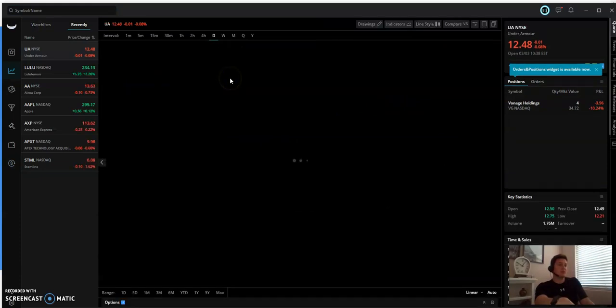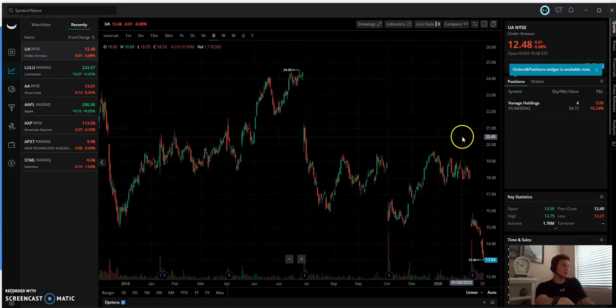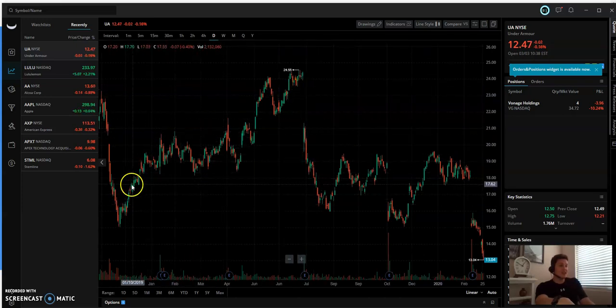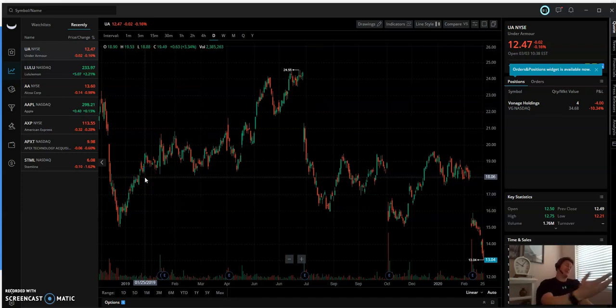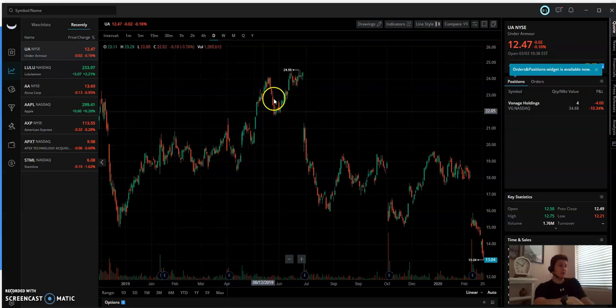Okay, so Under Armour, kind of really crapping the bed at the moment, and they have been for a while, as you can tell. They had this nice spike up in January last year, which kind of makes sense, considering that we're talking about something that's based in the fitness industry. And basically it went up, tanked, and there it is again.